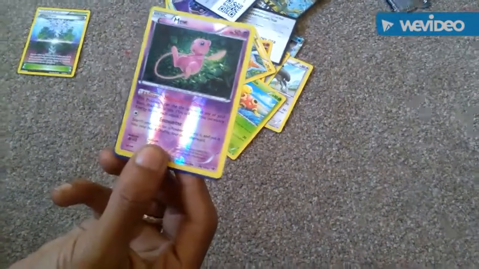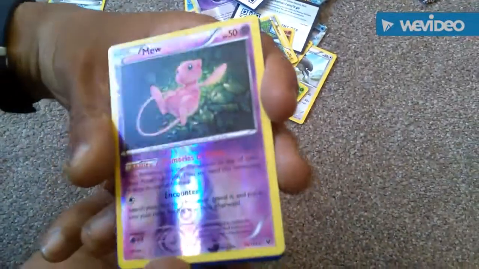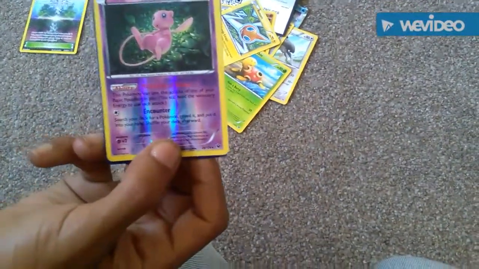Search your deck for a Pokemon, reveal it, and put it into your hand. Shuffle your deck afterwards. That is, oh, I'm so happy. Only 50 health points, and it's a basic